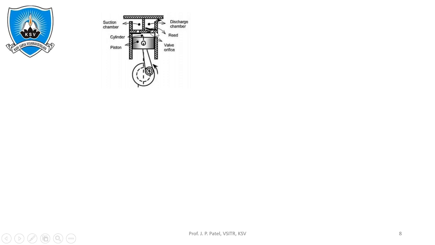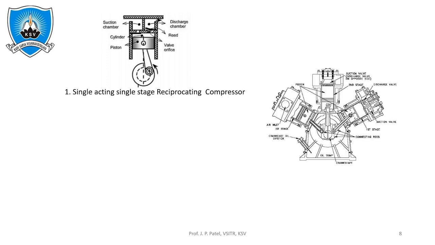At the top of the cylinder, we have one suction valve or inlet valve, and another one, the discharge valve or outlet valve. Both chambers are separated by the cylinder head. The suction chamber is connected with the suction filter, and the discharge valve, or outlet valve, is further connected with a pipe to the second stage or to the reservoir tank.